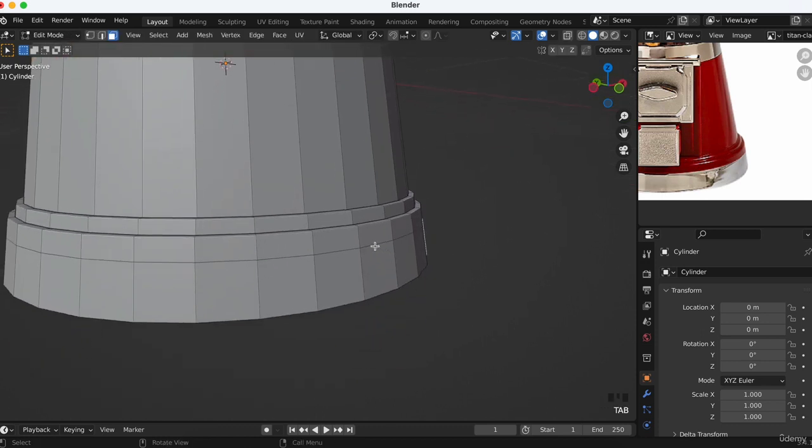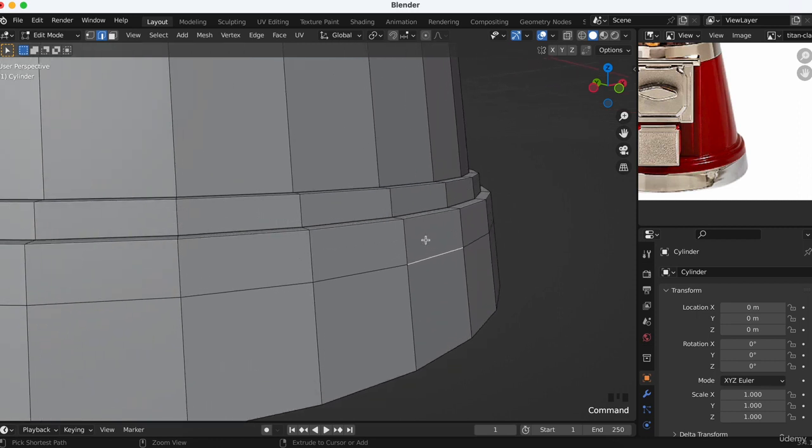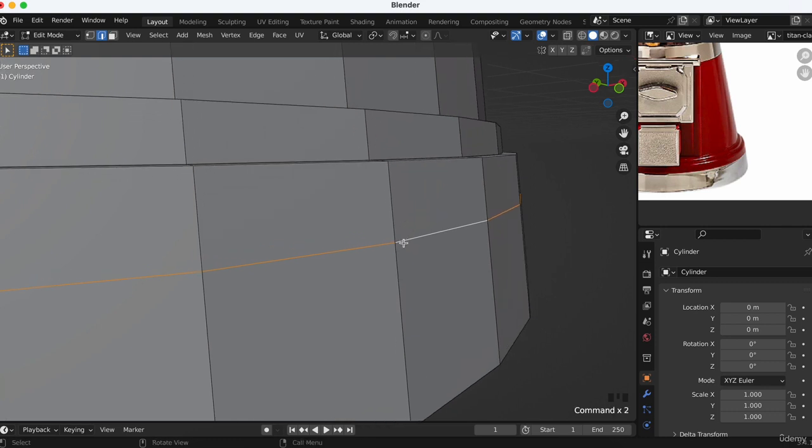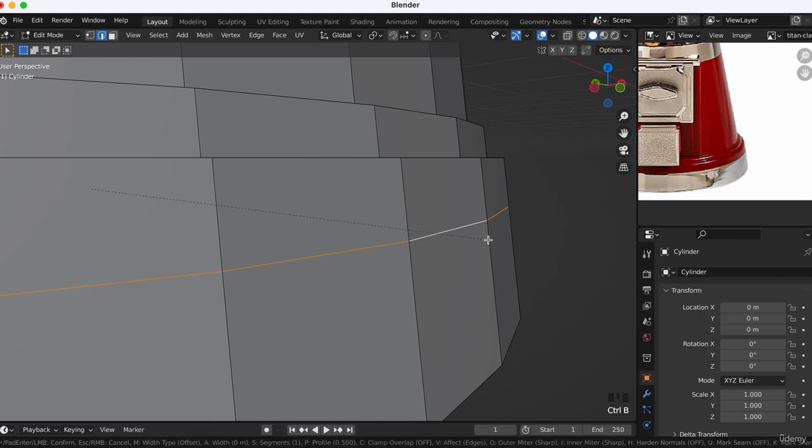And now what we need to do is separate this and this with the little segment we have here. Alt click to select all around, and then we need to make a little space and then extrude inside. So Control B to make a little gap like this, and also you can press Shift. If you wanted to make it really precise, you can press Shift, then it is really precise. We can make it like this,